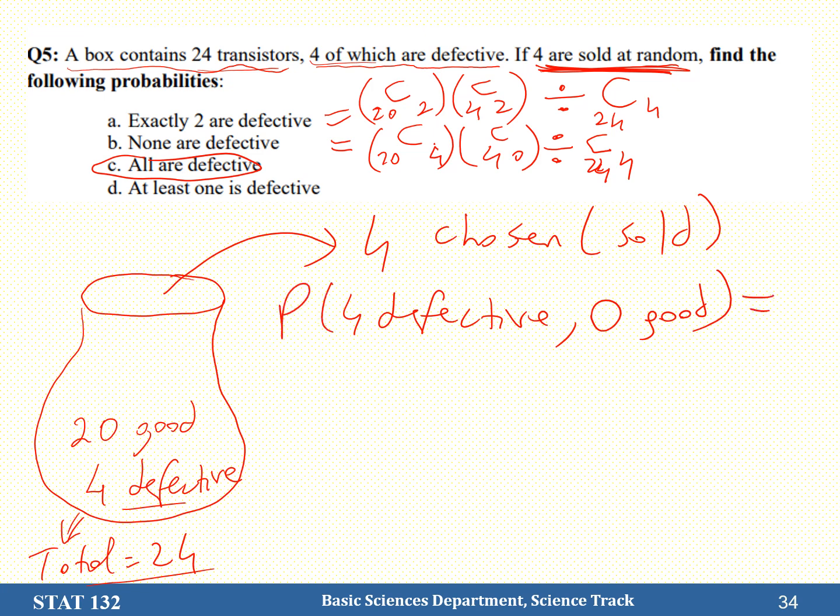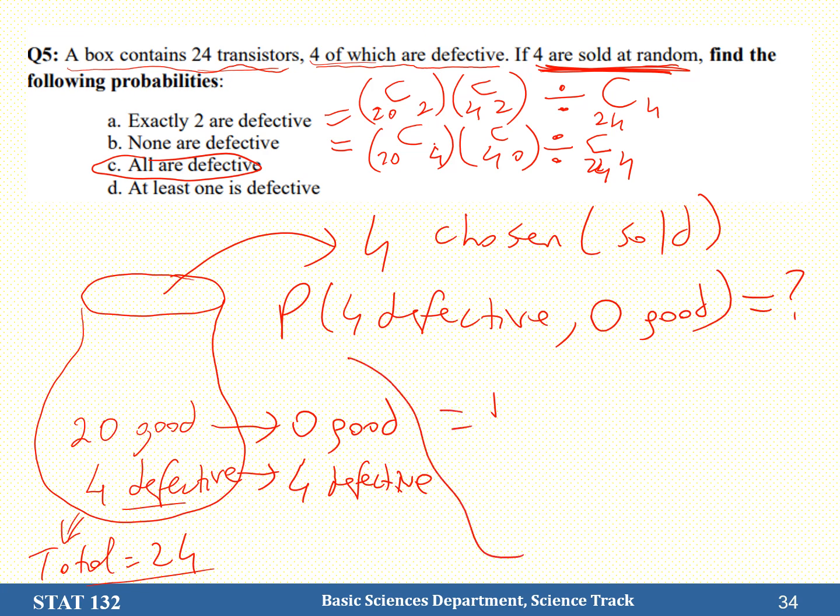So what's the probability? Again, we look at the number of ways of choosing 0 good from 20 and 4 from 4. The probability will be now 20 choose 0 times 4 choose 4 divided by